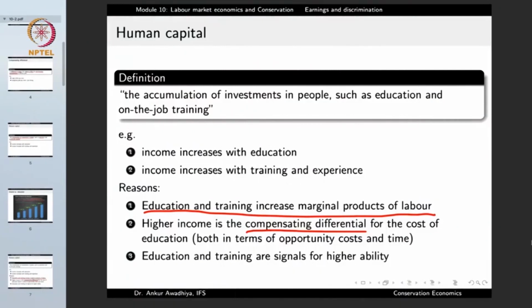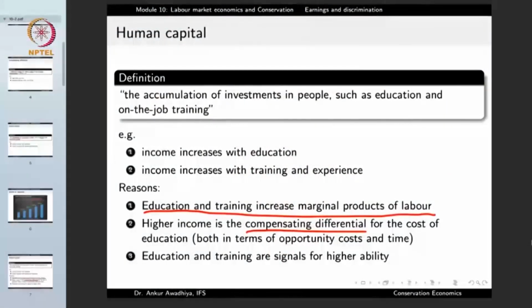So in this case, what we are saying is that because education is difficult, society needs to compensate for this differential. That is similar to the case of a person who works a night shift or in a dangerous profession. They need to be paid more because there is a level of difficulty and danger involved. Similarly, a person who has put so much cost into education in terms of opportunity cost and time will also have to be compensated, because higher education typically is difficult.